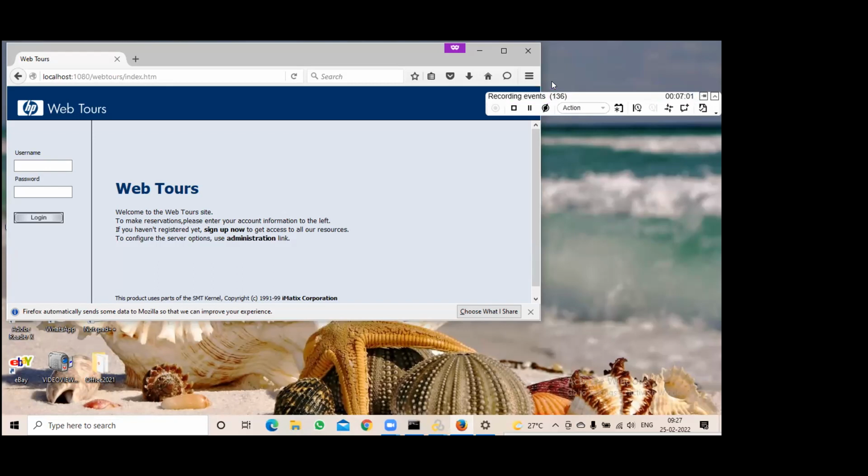Now this is the home page of your application, right? Next, what is the next step? The next step is we need to click on sign up now. Now to identify each transaction, what I will do is I will keep some comments into the script. Click on this comments window. Can you, Suraj, click on that comments window? Let me highlight that. So this one, yes. Yeah, that one.